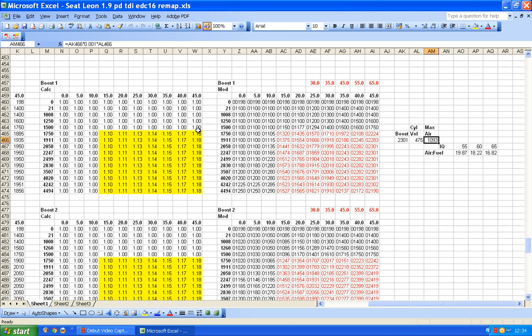And that was 1.18, and then I've just scaled it back a little bit so it's not a sudden bang of boost coming in. So there is no great science behind this. I could have done endless calculations, but I didn't bother on this occasion. I just said, well, 1.18 is going to give me some reasonable figures here, and then I'll just scale them back so that it's a nice smooth flow.